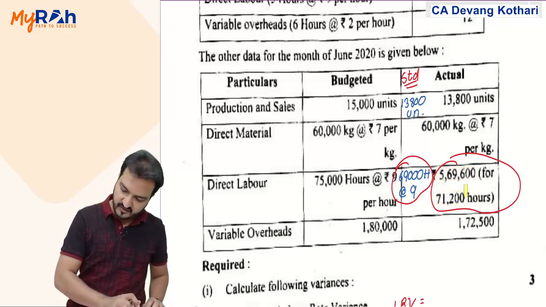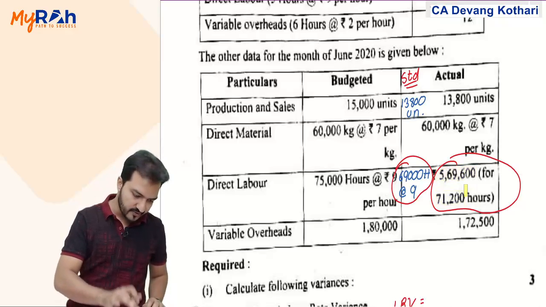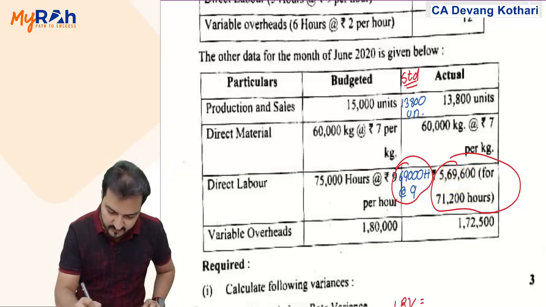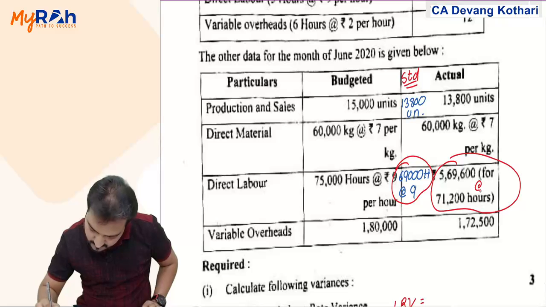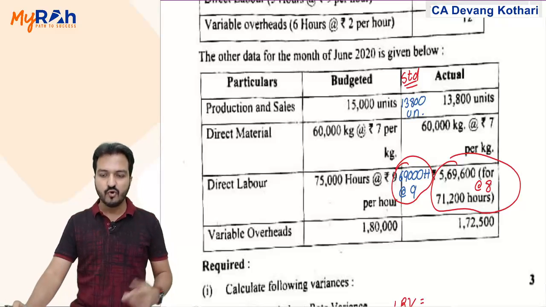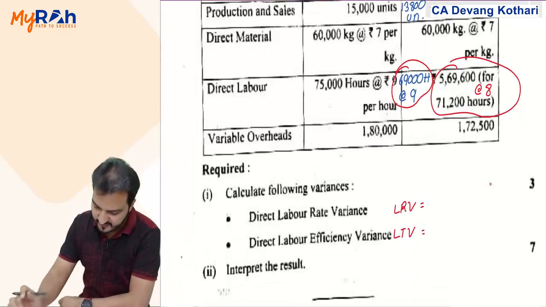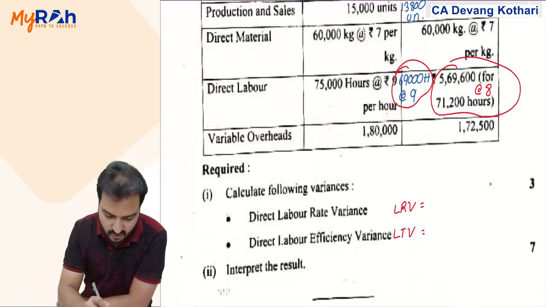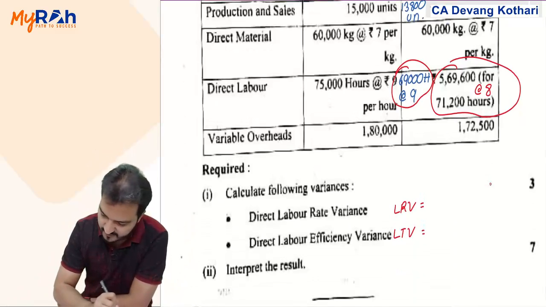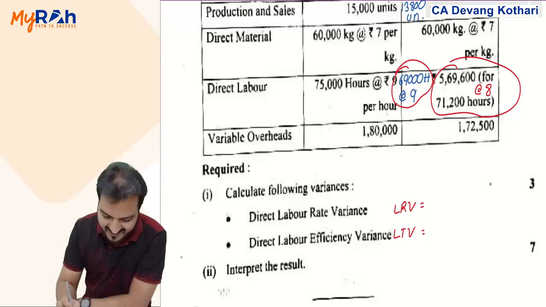569,600 divided by 71,200 turns out to be a rate of 8 rupees per hour. Done. You can calculate LRV and LTV here. Labor rate variance: remember, your formula for rate variance will ask you to take actual hours